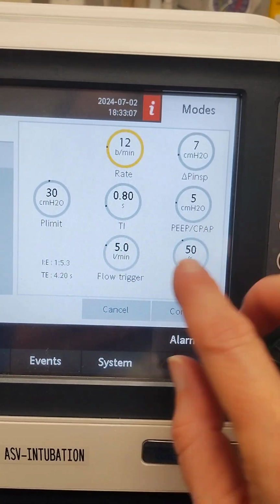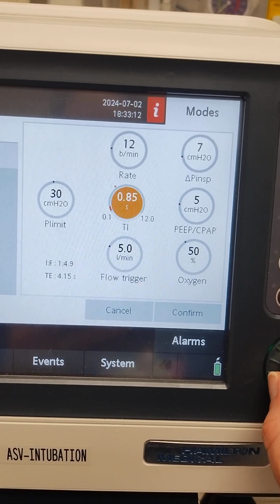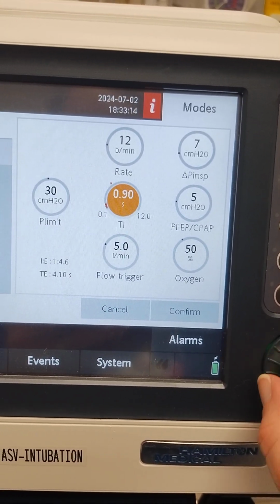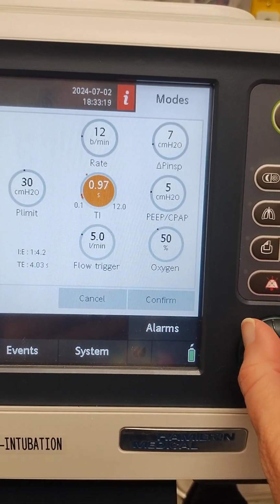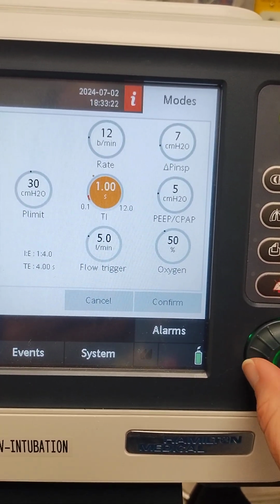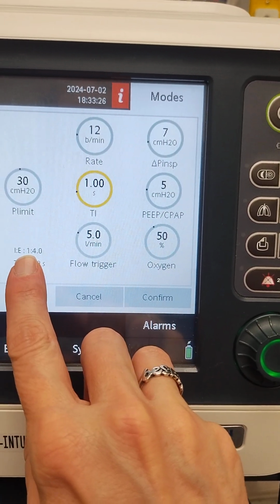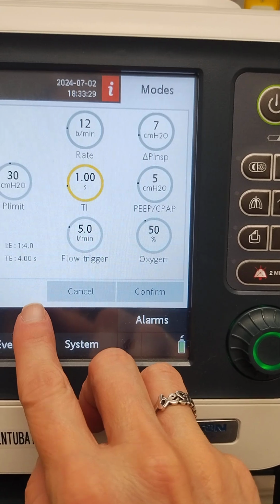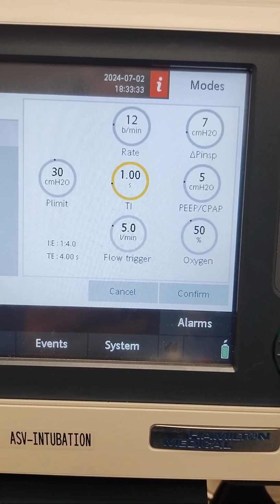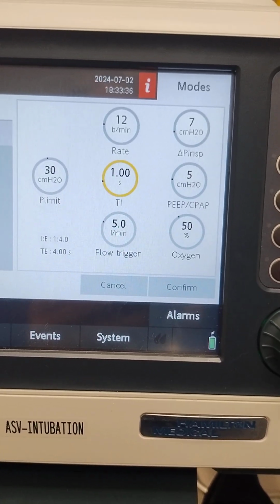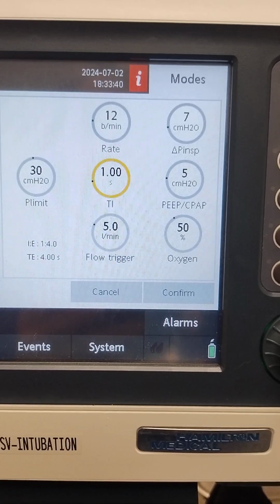Our inspiratory time we can adjust. So typically that's going to be 0.9 to 1 second. And then it will tell you over here on the I to E, they're having 1 second to inhale and 4 seconds to exhale. So that's something to consider, especially if the person has a condition like COPD. They need a little bit more time to exhale sometimes, and so you want them to be comfortable on the